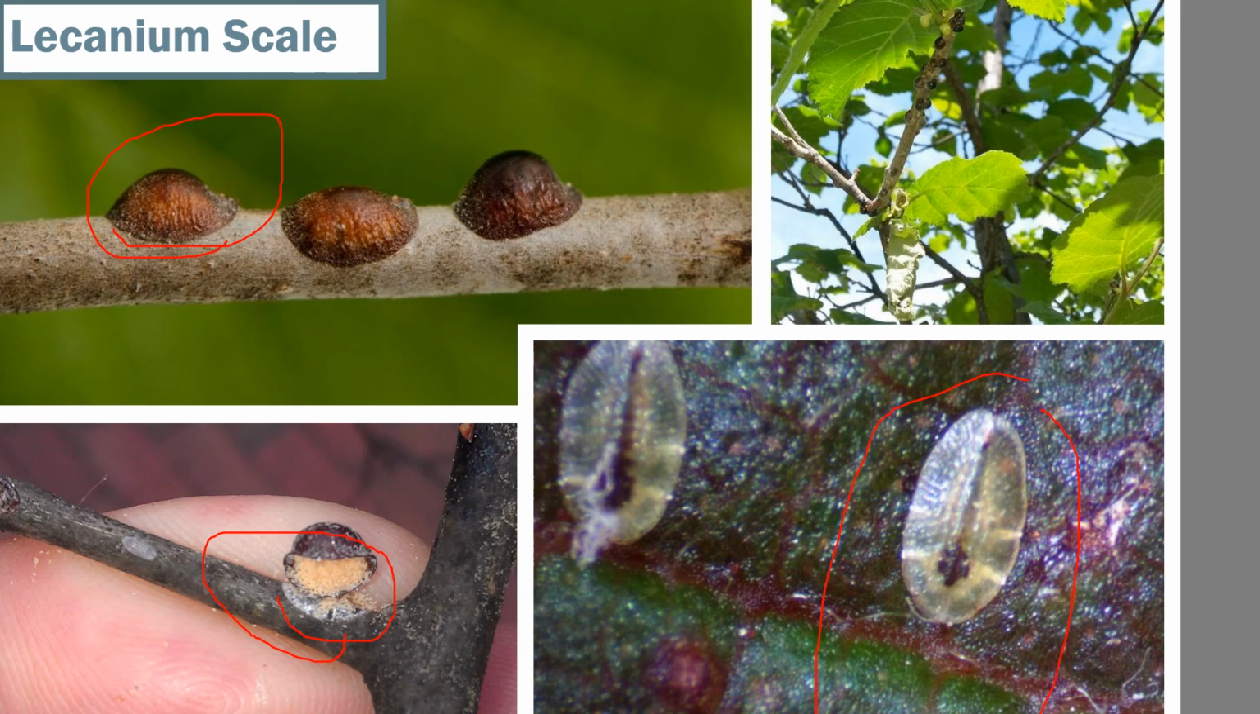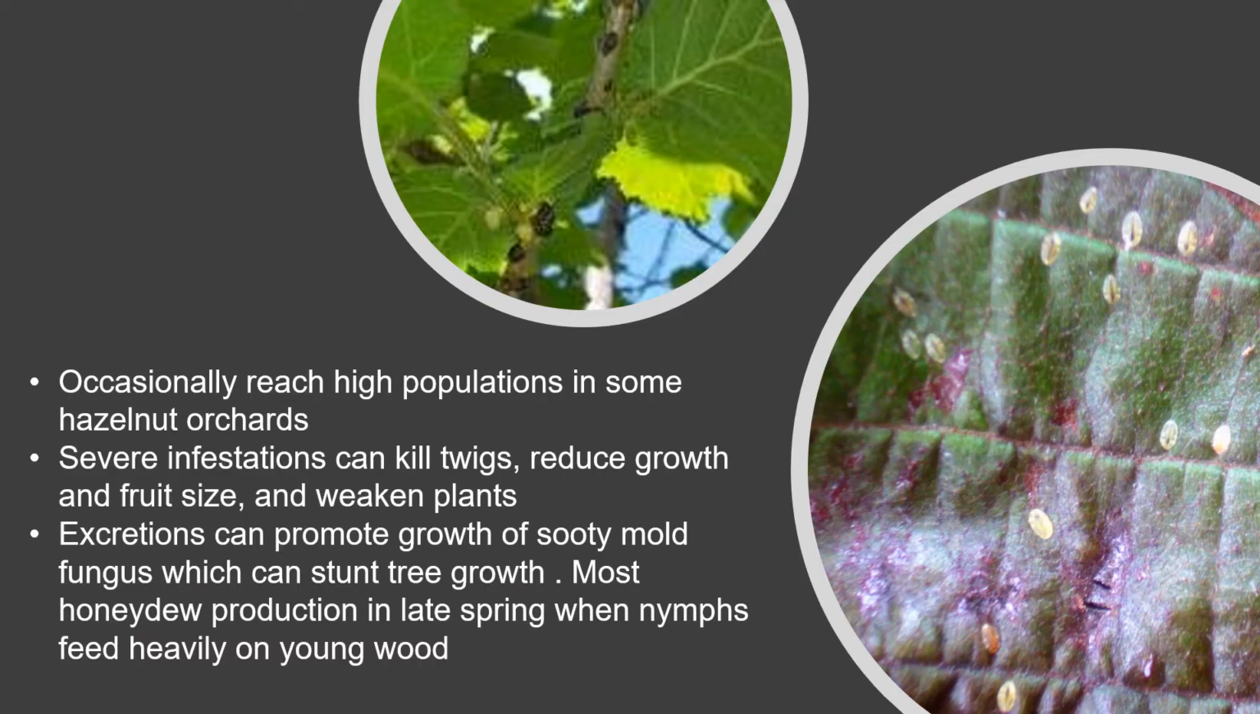And then around leaf drop, they'll move back to new shoots, settle down again, and then they'll form that hardened scale to protect themselves to overwinter. Lecanium scale only occasionally reaches really high populations in hazelnut orchards, and it's usually only in certain orchards. When you have a very severe infestation of scale, this can kill twigs and reduce growth and fruit size, and